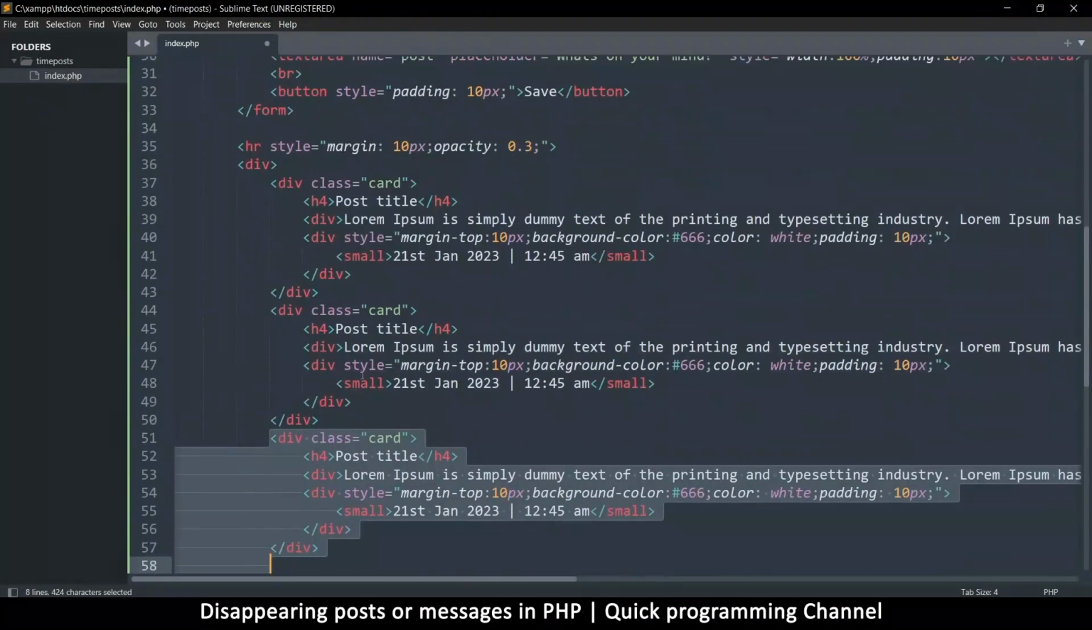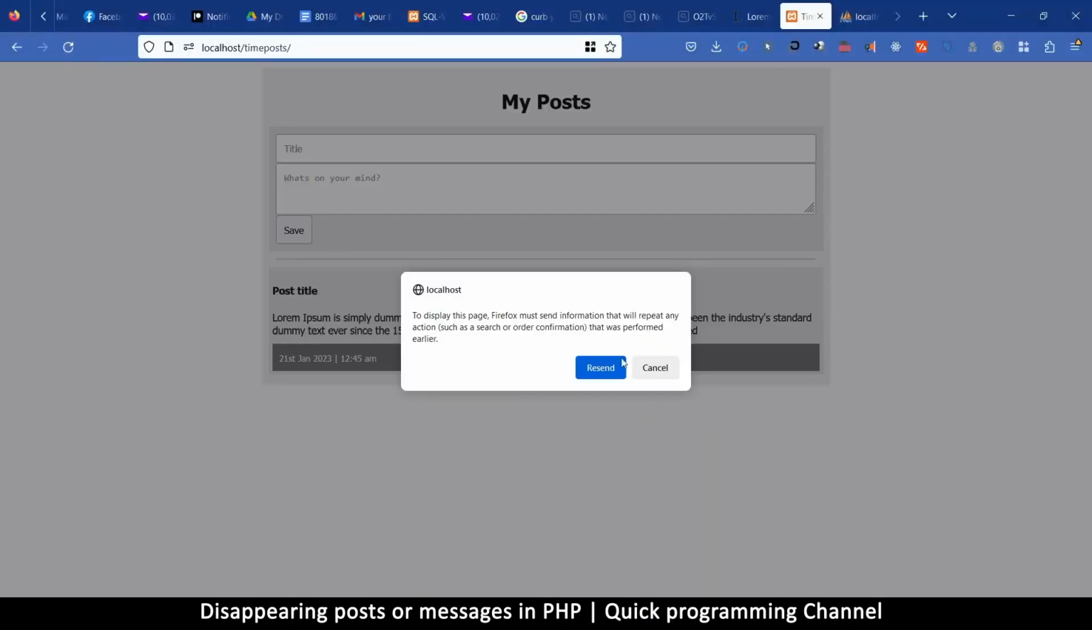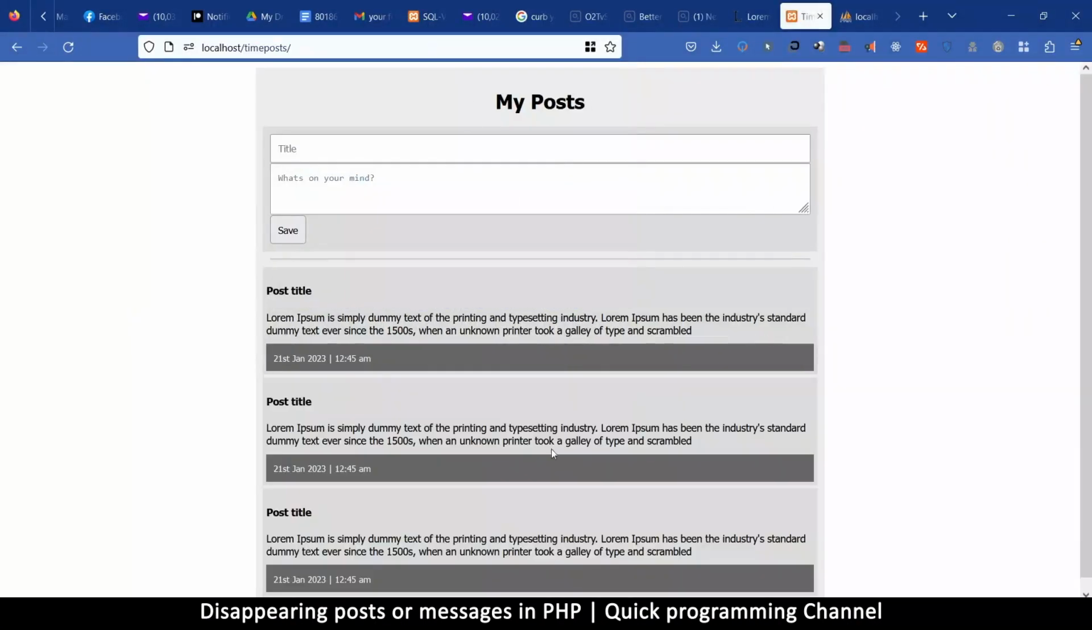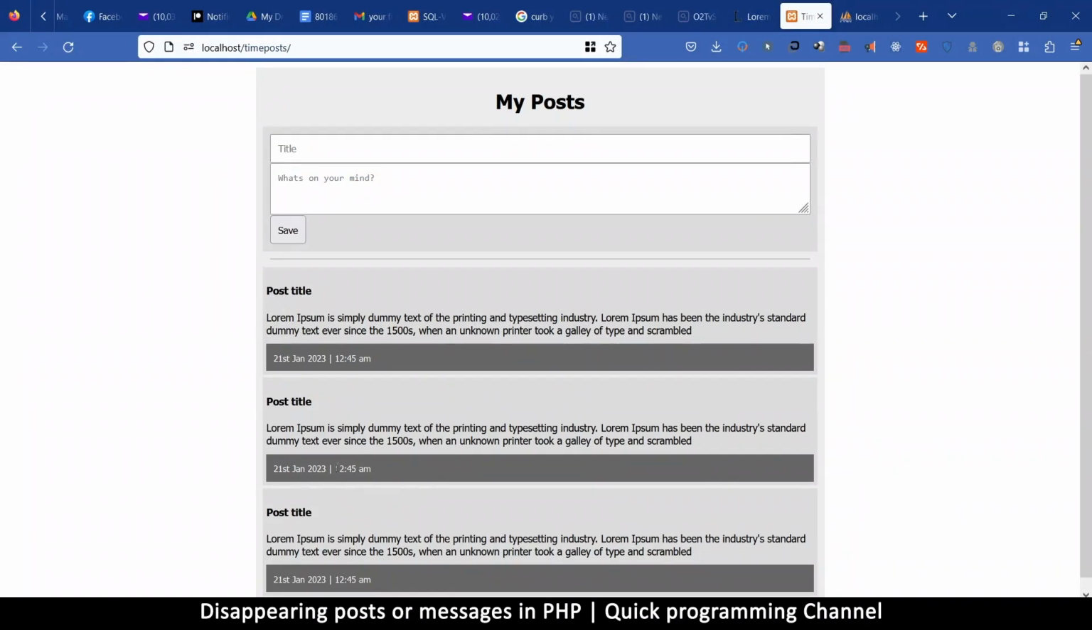If I duplicate it a few times, it's going to show us how the posts will look when we indeed have several of these posts. So a post title and some text and so on and so forth. So really what we want is to see how we can have posts